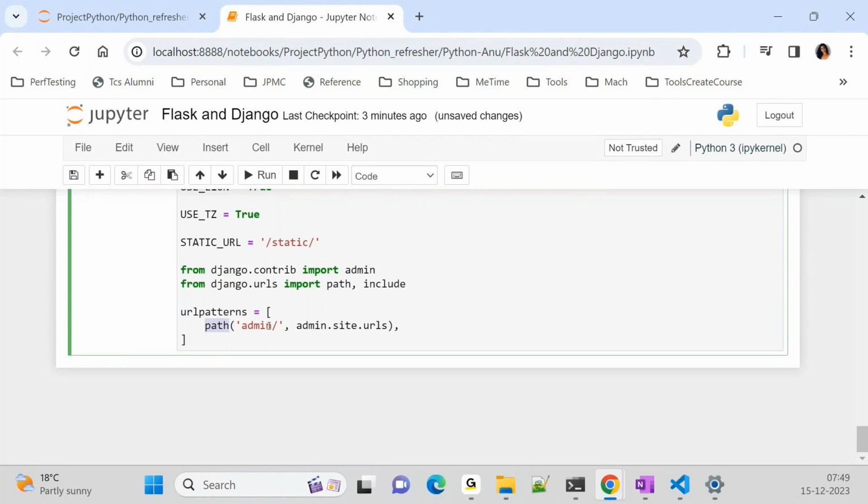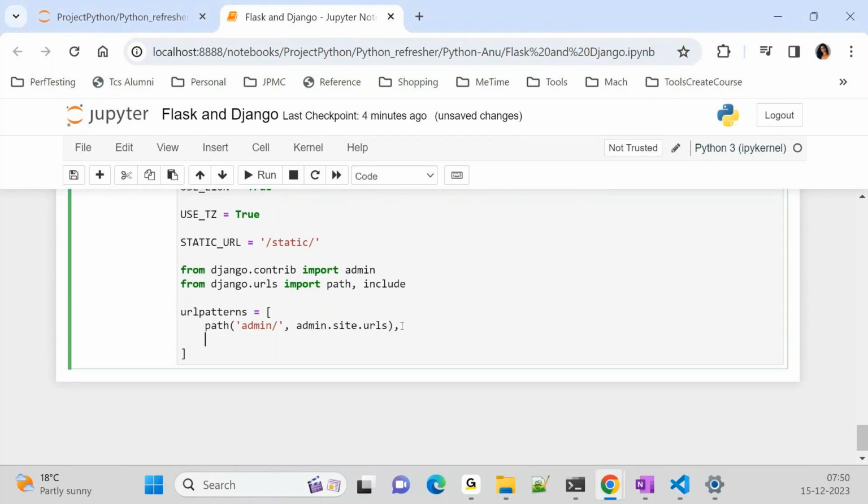Path is I'm just giving admin slash, and this is by default you have to give admin site URLs, and then